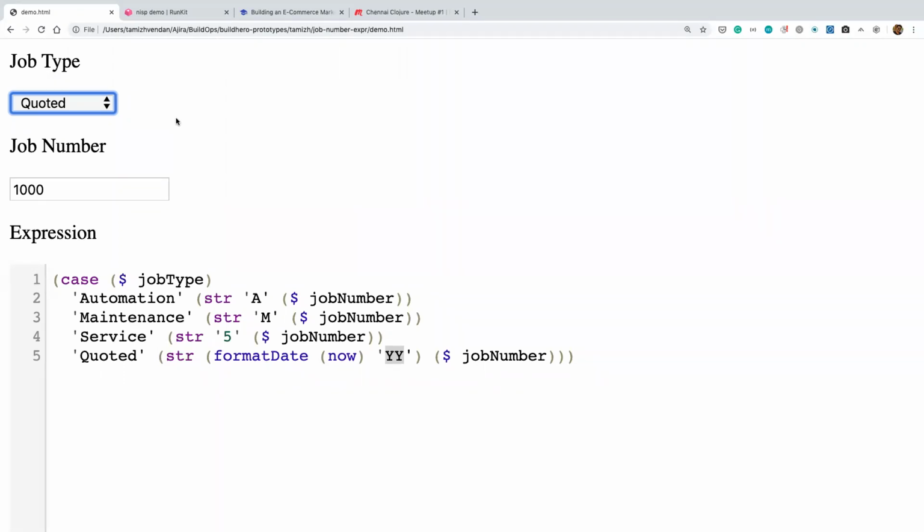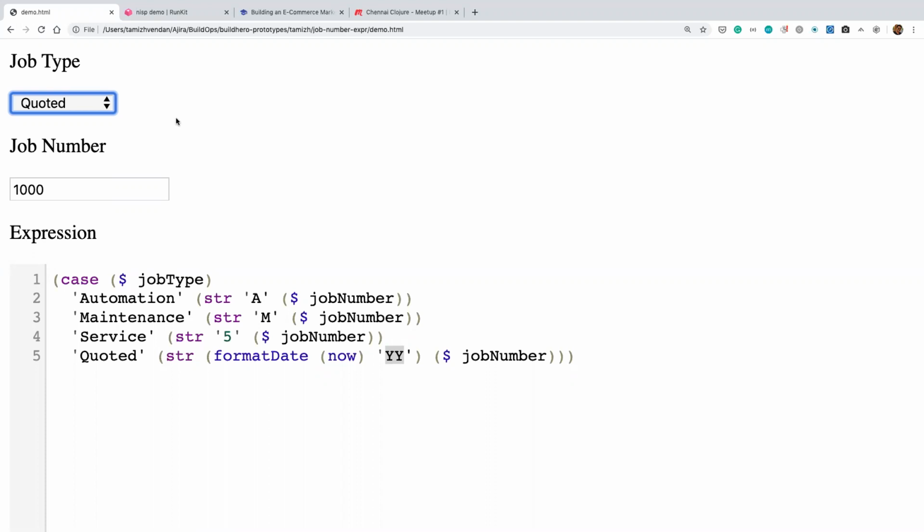I would like to pose a question here: think of how you would solve this problem with plain JavaScript. One approach would be to create a JavaScript file with all this logic baked in, a custom JS for every tenant. You have an application logic, but that is getting bound at runtime. And with custom JS, we all know what the problems are. Custom JS is full programmatic access to everything. What if I did something wrong? What if there is any malicious JS script that I have keyed in?